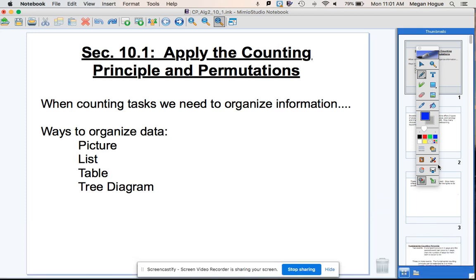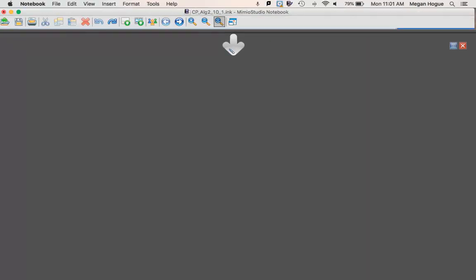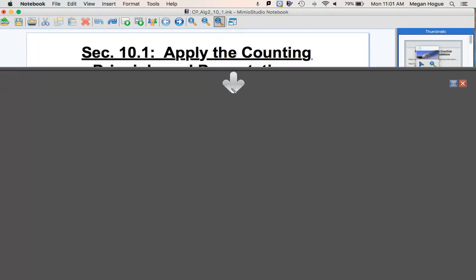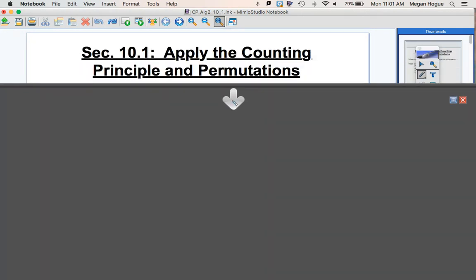Hi guys, so we're here to learn a little bit about probability. I put it in the Google Classroom, but I just wanted to reiterate. So we are going to be in chapter 10. Chapter 10 in our new Big Ideas Algebra 2 book is actually the same chapter they put in your